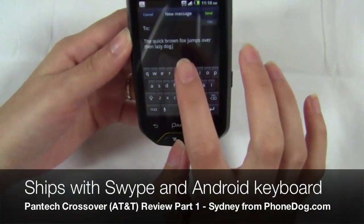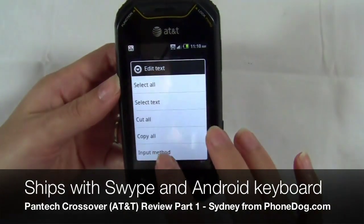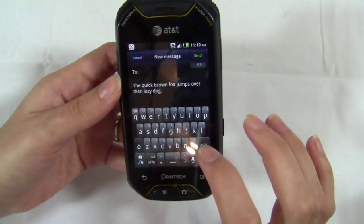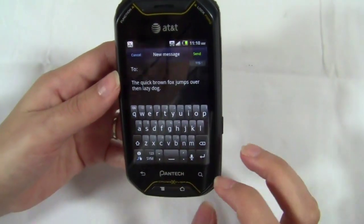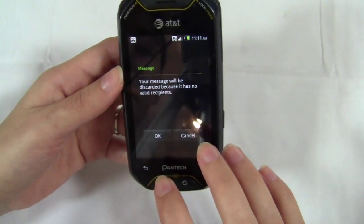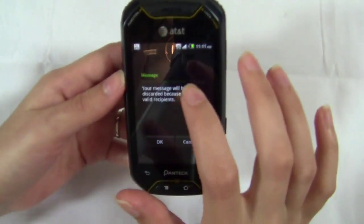Oh, also, I'll show you the virtual keyboards. It comes with the Android keyboard, but also comes with swipe, so you can use swipe as well. But you can see here the interface, again, some of the custom skin that Pantech has added. I enjoyed it personally. We'll go back